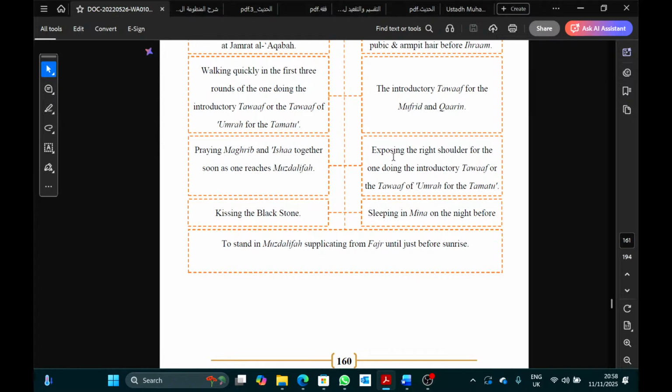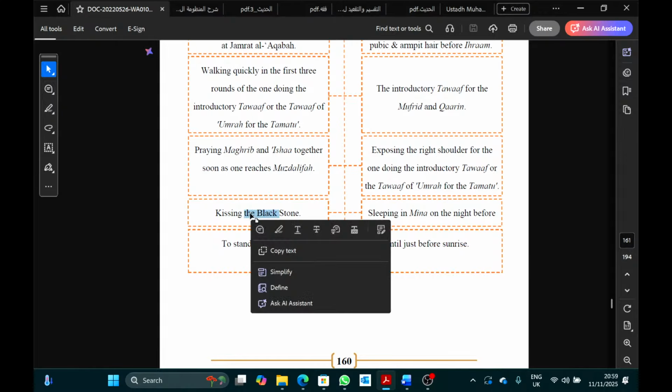Exposing the right shoulder. So men, once you're in the tawaf area, it's called mataf, the place of tawaf. Masjid, the place of sujood. Yeah? Mataf, the place of tawaf. So not when you entered Makkah, you uncover your right shoulder. Or you see the masjid, uncover your right shoulder, no. Or you just enter the masjid, uncover your right shoulder, no. Once you actually get to the place of doing tawaf, just before you start, you uncover your right shoulder, and during that tawaf, you keep your right shoulder uncovered. If salah time comes during the tawaf, you stop, you cover your shoulder for salah, and then after salah's finished, you go to the place where you stopped, and you uncover your shoulder again, and you continue.